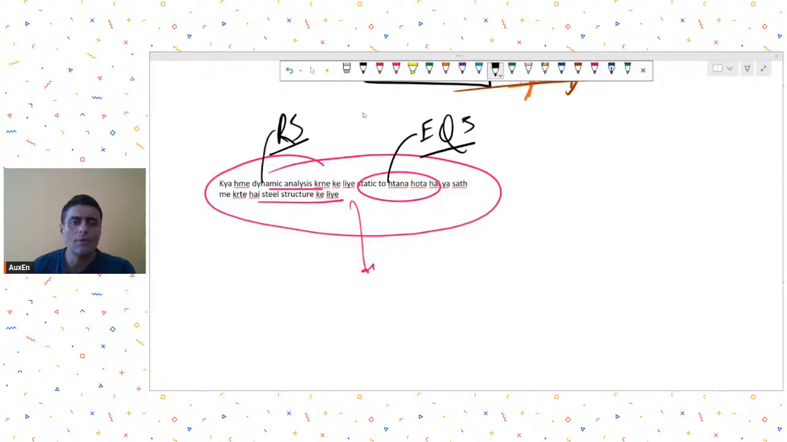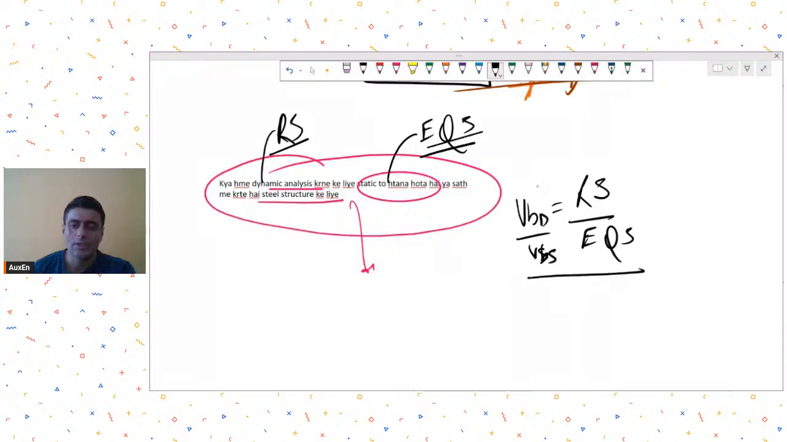So the answer is no. You need not remove it. You keep the equivalent static as it is. You will require the equivalent static for doing the base shear scaling also. As you all know, we do the base shear scaling by dividing the dynamic base shear by static base shear, we calculate the scale factor, and then according to this scale factor,